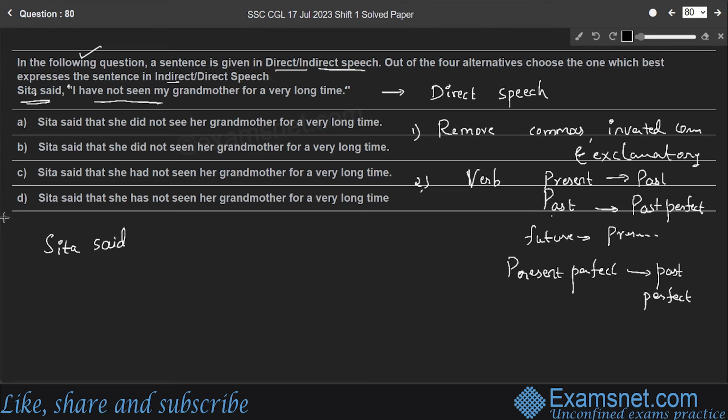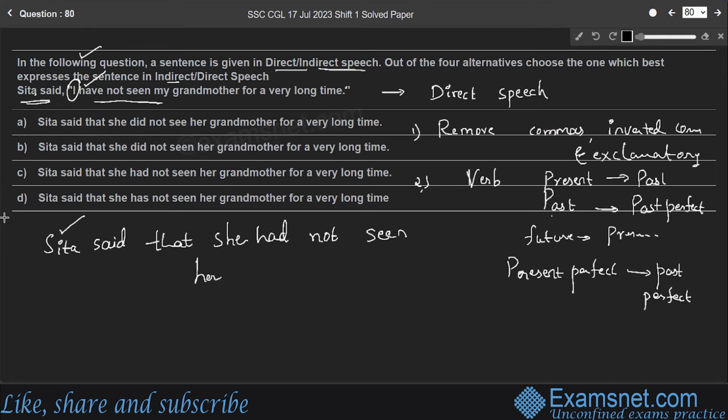So in place of comma, you have to write that, indirectly, right? Therefore, Sita said that. In place of I, we have to write she, right? Sita said, because Sita is a female, therefore she changed the verb to past perfect. So she had not, right? She had not seen